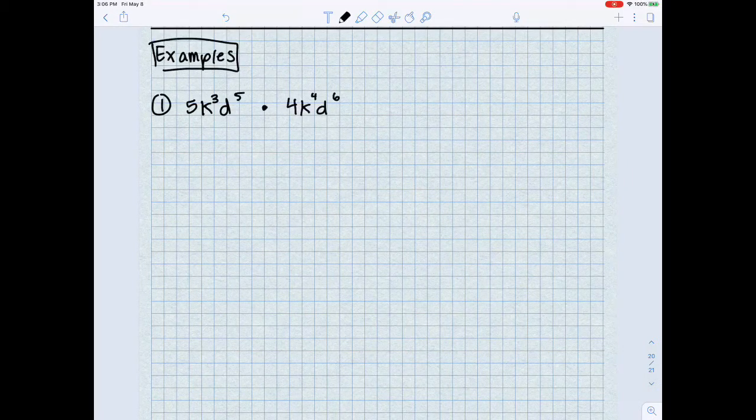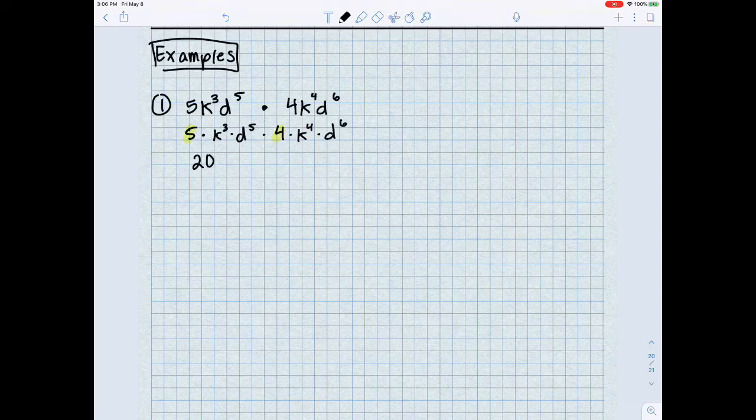The 5 is being multiplied by k to the third power, which is being multiplied by d to the fifth power, right? It's only multiplication that's happening between all of these things here. So if it helps you to rewrite the problem like this, so that way it's not as intimidating, please by all means do so. We know what 5 times 4 is, so this is 20,